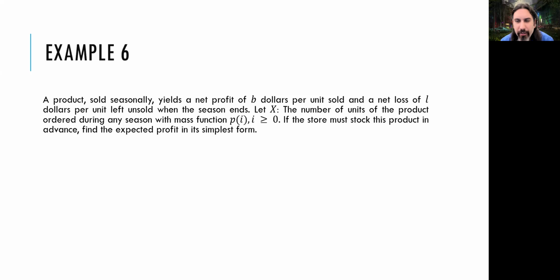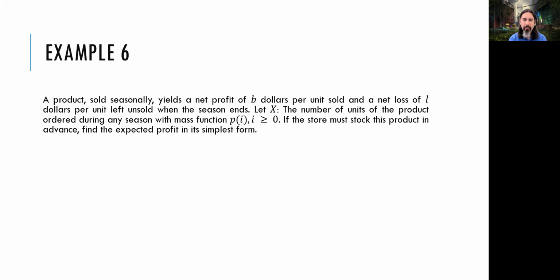In the first scenario, I'm going to sell everything. Every demand will be met, so X units will be sold at a price of B. Bx is my income. But after that, I have some leftovers, S minus X. These leftovers are going to cost me L each, the inventory cost. So S minus X times L will be subtracted from my income, which will give me the net profit.